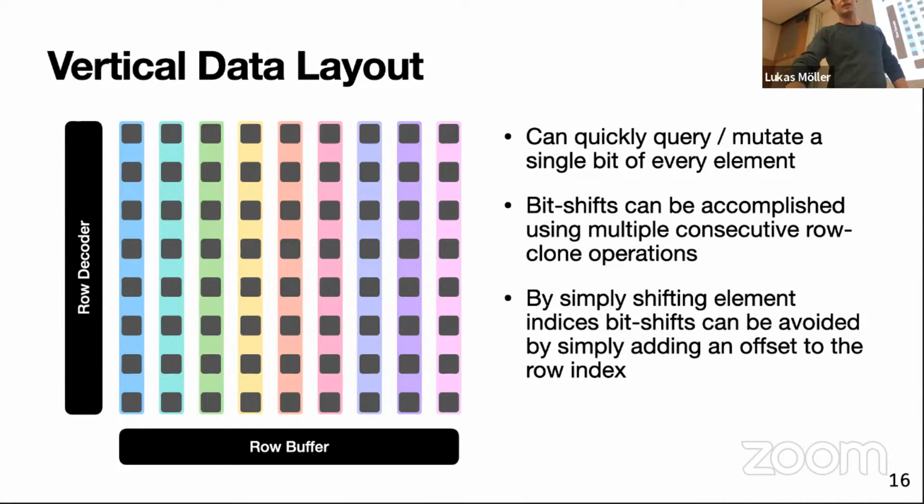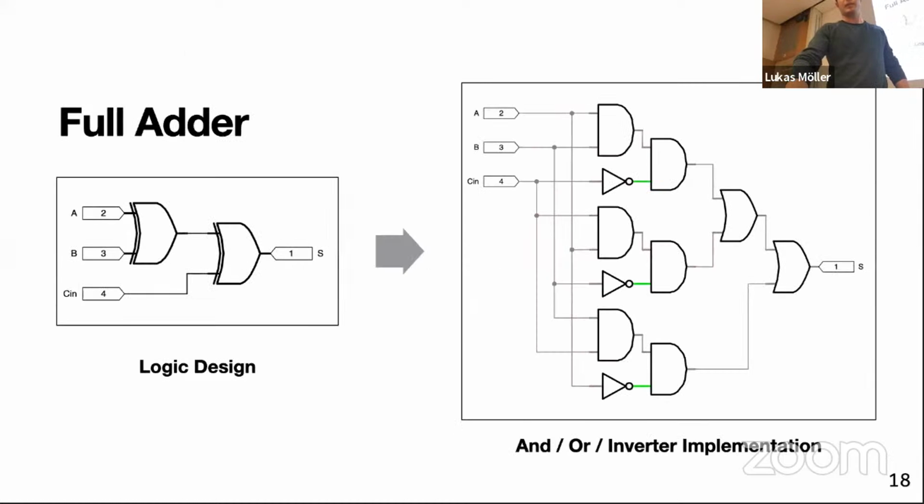Let's look at how we would add a new complex operation to our SIMD framework. Let's start out with a simple circuit we can see here on the left-hand side. This is a full adder implementation using 2 XOR gates. The first step would be to implement this same circuit using AND, OR, and inverter gates. We know that this is functionally complete, and in this way, every circuit can be converted to an AND or